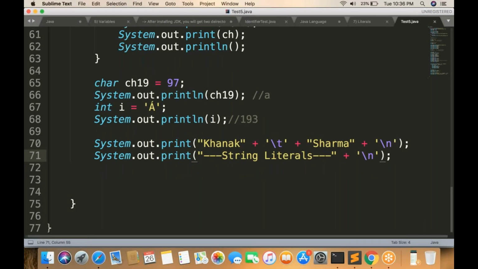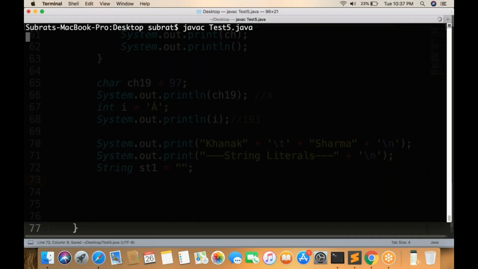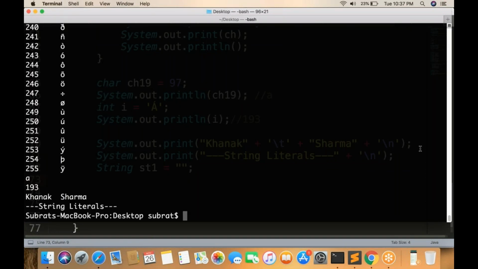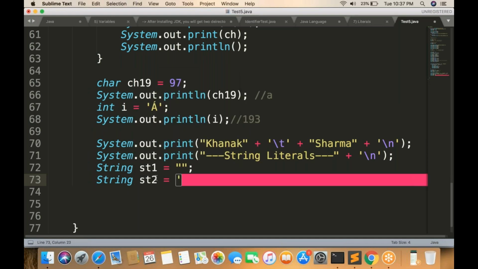Now let me start string literal. String st1 is equal to double quote, I'm not giving anything here. No problem. See this? There is nothing. There is no problem in compilation. String st2 equal to, if I write a,